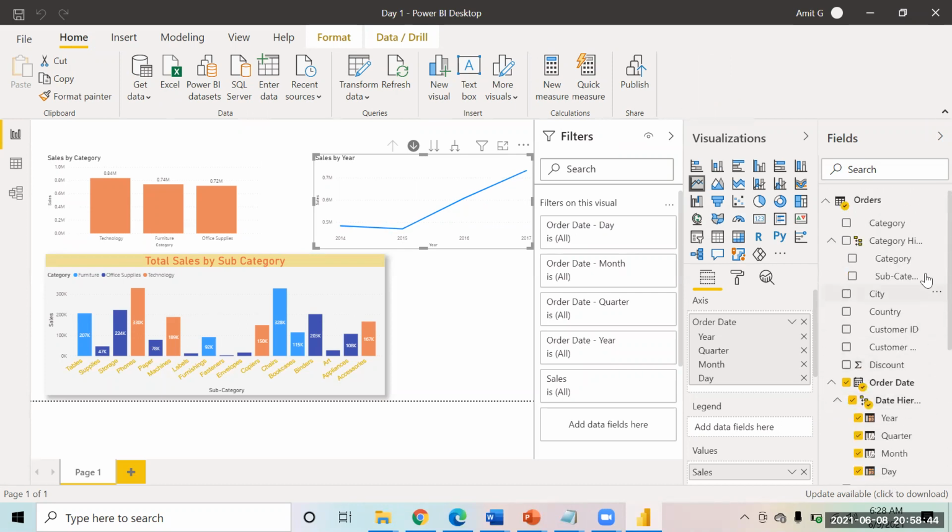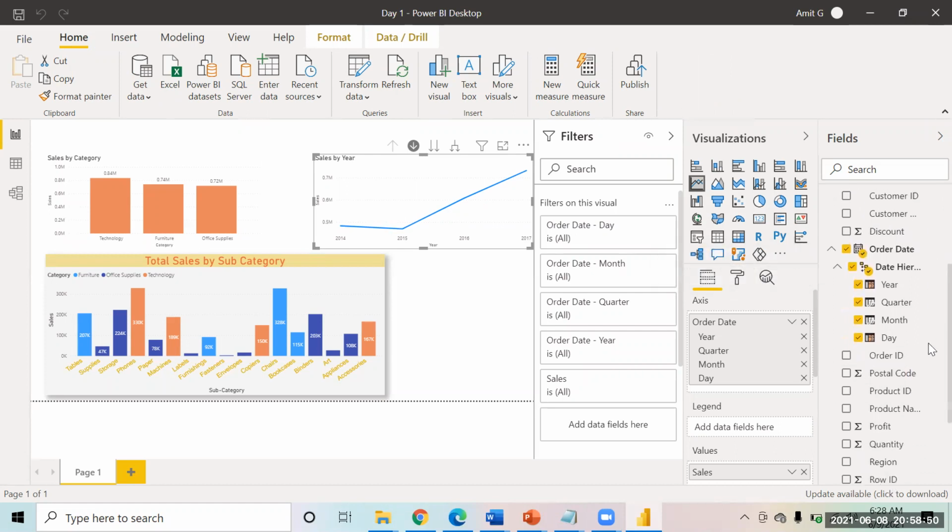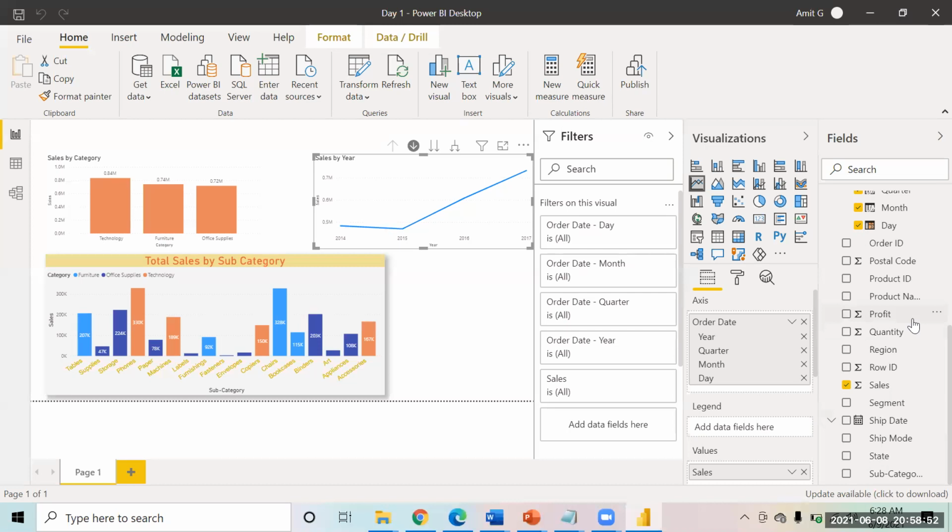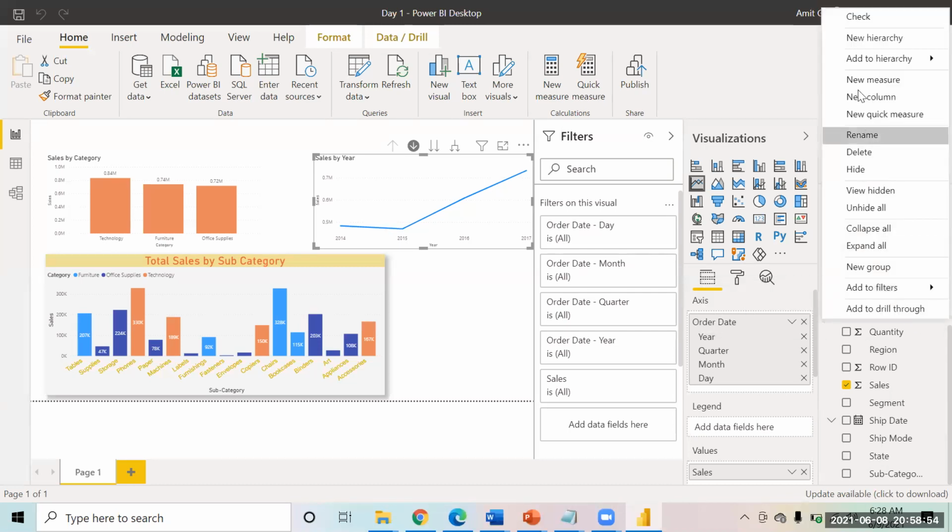So now we have first category, then the subcategory, and in similar fashion I will add product name also. So I'll right click on the product name and say add to category hierarchy.